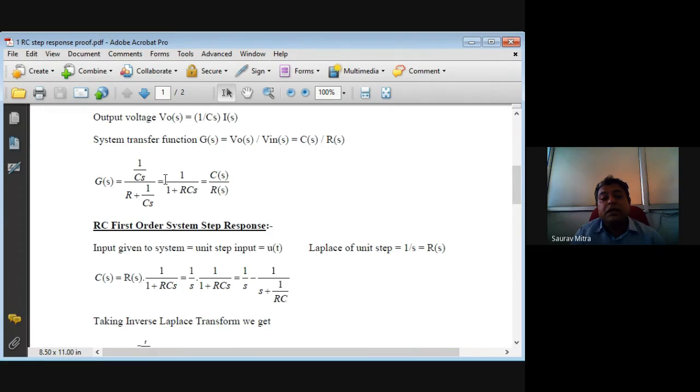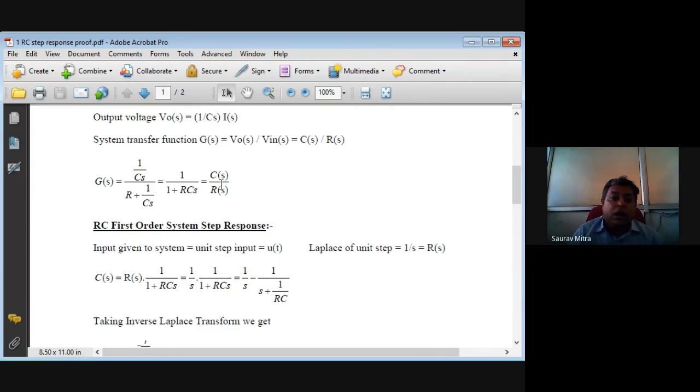So this is a closed loop transfer function. And if I ask you what the characteristic equation is, the characteristic equation is RCs + 1 equals 0. Because this morning we saw that the characteristic equation is nothing but the denominator of the transfer function equated to 0. So 1 plus RCs equals 0. From there you can find the value of s. s should be equal to minus 1/RC. That is the pole location. So the pole of the system lies on the left hand side at minus 1/RC, and that is a stable system. So the RC first order system is a stable system.